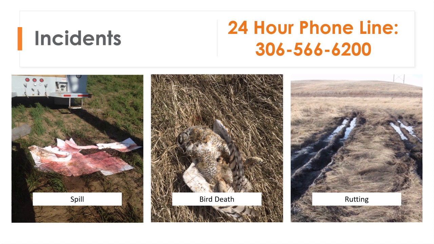Although we have preventative measures in place, the work we do at SaskPower does impact the environment around us. As a contractor for SaskPower, it is your responsibility to report all incidents regarding the topics covered in this video to your SaskPower contact or to the 24-hour phone line 306-566-5600. The incident severity will be classed as either minor, significant, major, or critical based on the Environmental Incident Reference